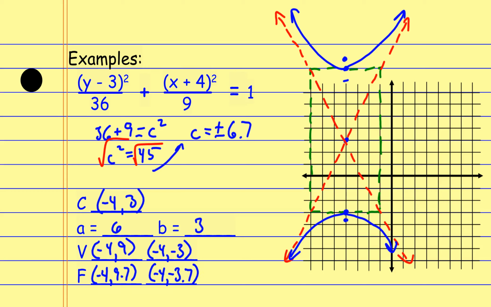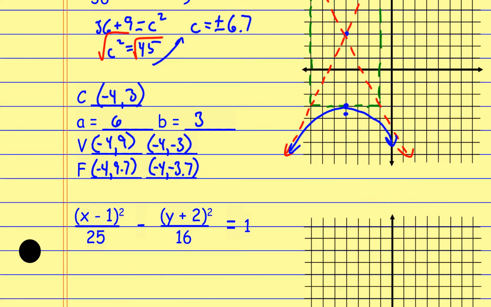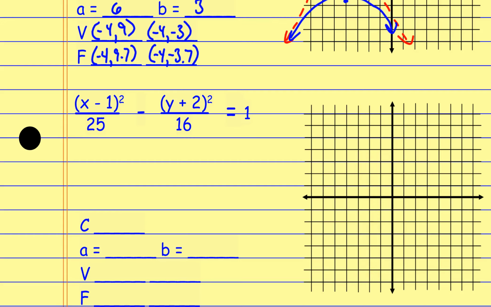Alright, so I've found all these pieces, and really it's all based on just coming up with the initial graph. So we're going to draw that box using the transverse and the conjugate axis. We draw our asymptotes, and then we start at the vertex and hug the lines, hug those asymptotes. If we look at another one here,